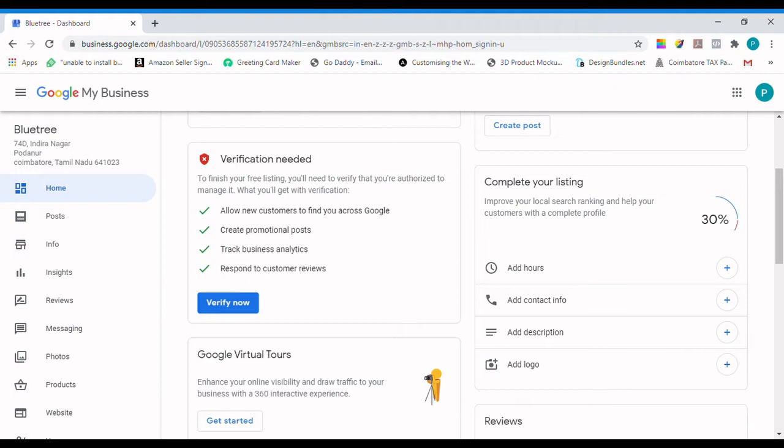This is how a mail will come to the address which is mentioned while creating an account. You just need to copy this code and enter it here in the dashboard. Once this is done, your company details will start appearing in Google search.